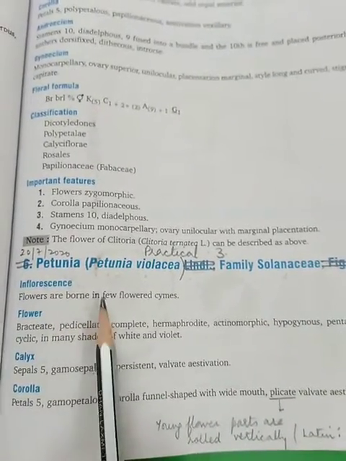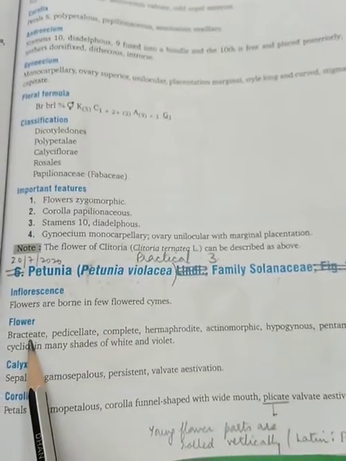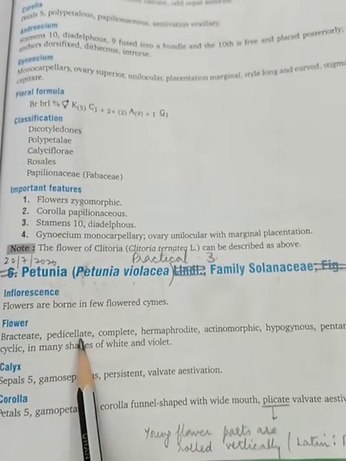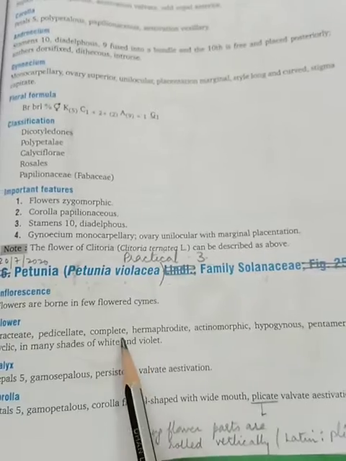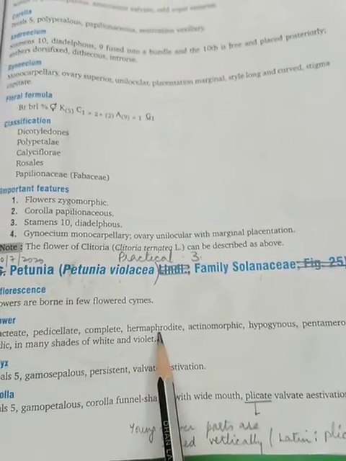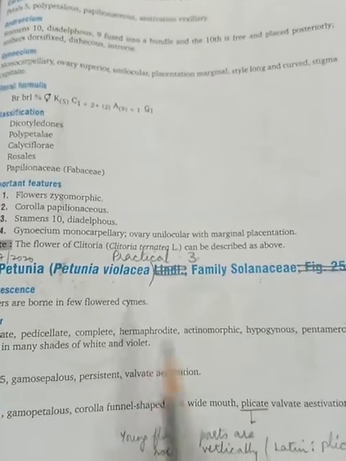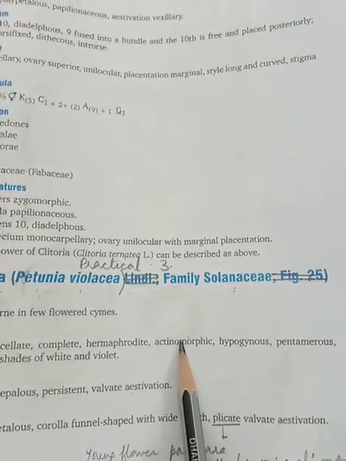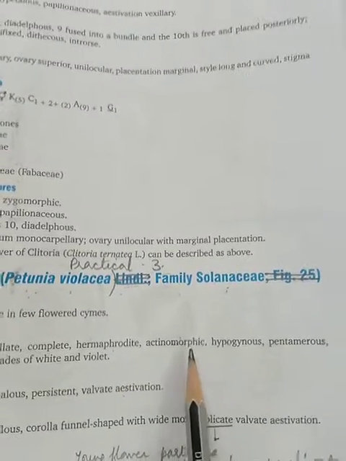Inflorescence, flowers are borne in few flowered cymes. Flowers are bracteate because they have a bract. Pedicellate, they bear a pedicel or a stalk to be attached to the stem. Complete because they have all floral whorls. Hermaphrodite, which means bisexual, having male and female reproductive organs. Actinomorphic, which means a symmetry that if we cut a flower in any vertical plane, the 2 portions will be